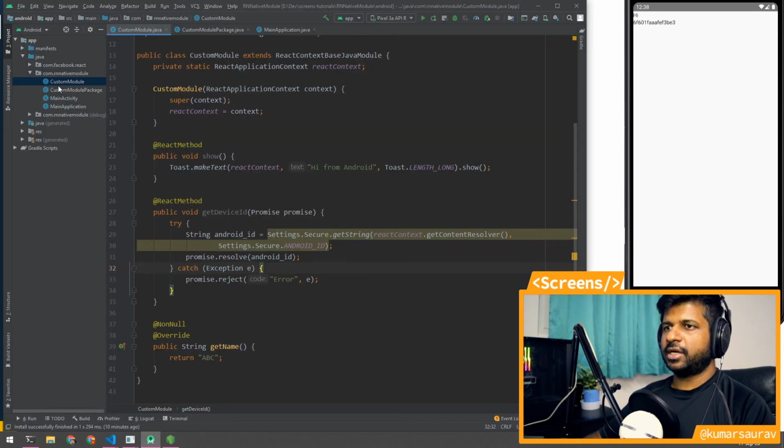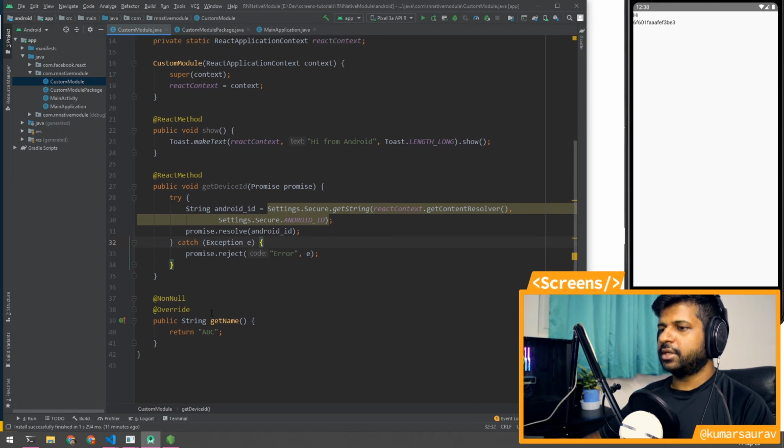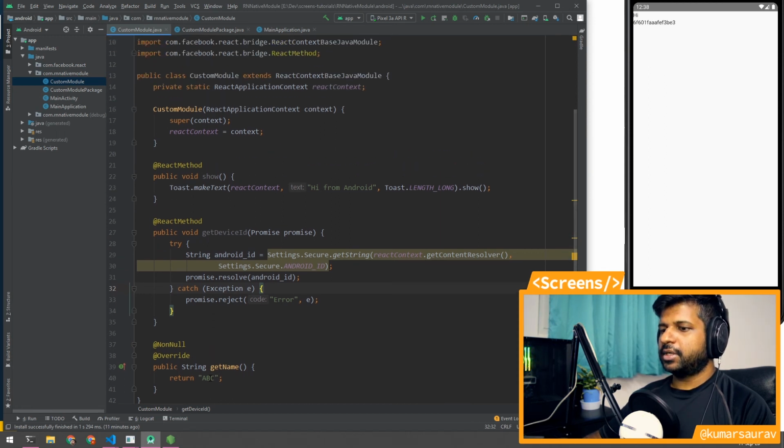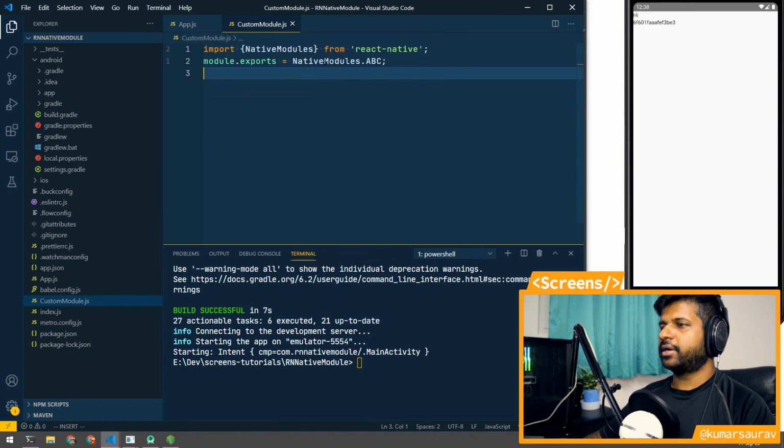We created a custom module, and in the custom module, we overrode a method called getName, and in getName, we need to return the name, a string, which we can utilize on the other side of the bridge.